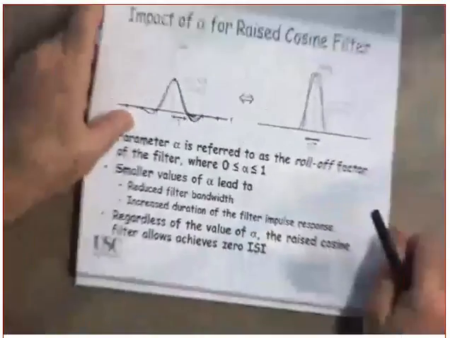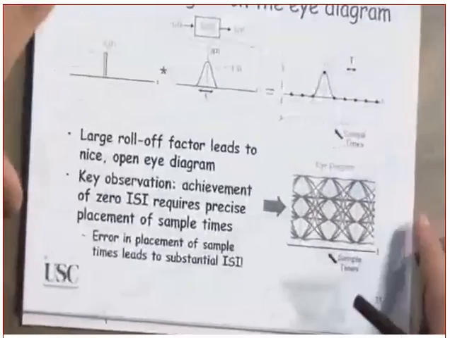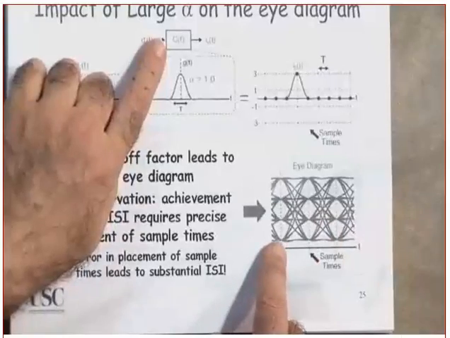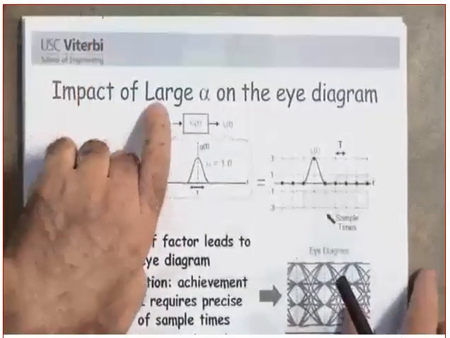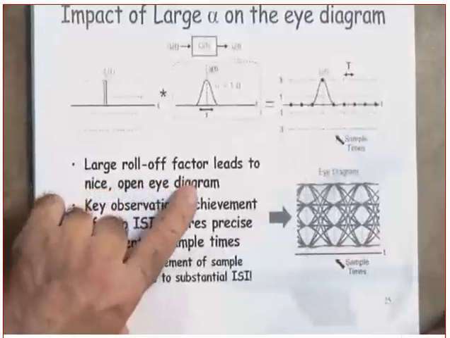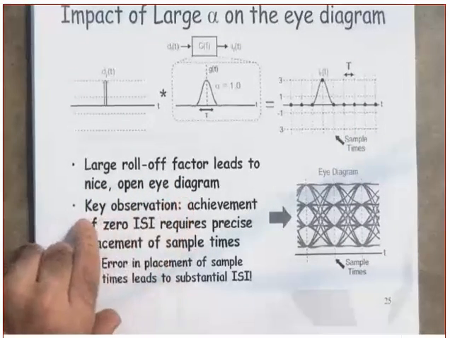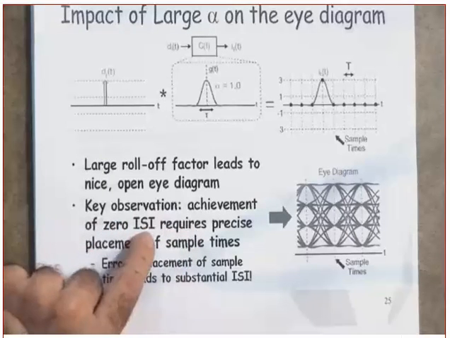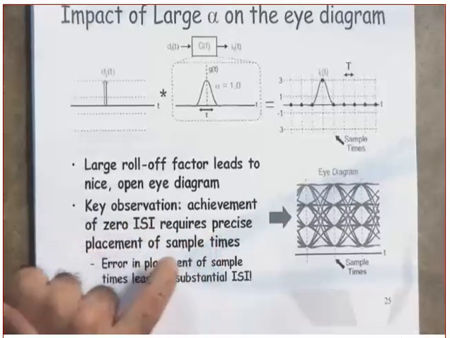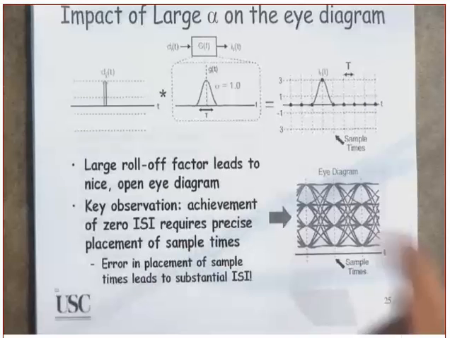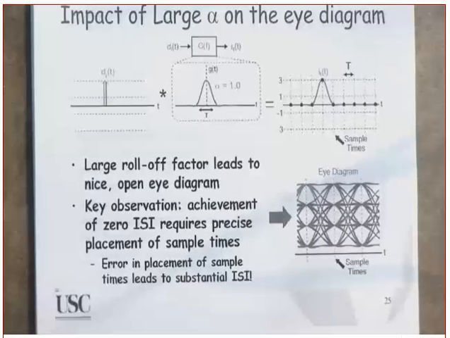Can you zoom back, please, a little bit? Thank you. That's the impact of the large alpha on the eye diagram. Look at the eyes here. It's pretty nice eyes. The effect of large alpha, large roll-off factor, leads to nice open eye diagrams. The key observation is that achievement of zero ISI requires precise placement of the sample times. We need to make sure that our sampling instants are precise. Otherwise, once we shift a little bit, we are going to get errors or intersymbol interference from that